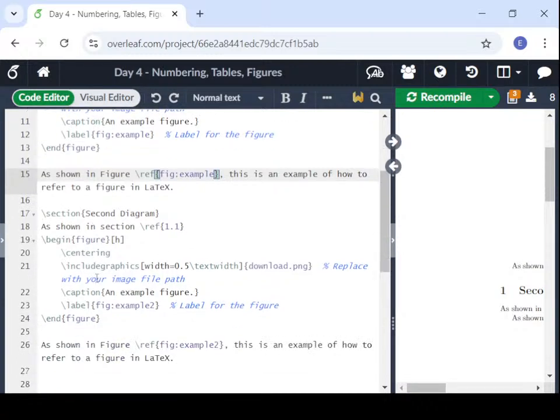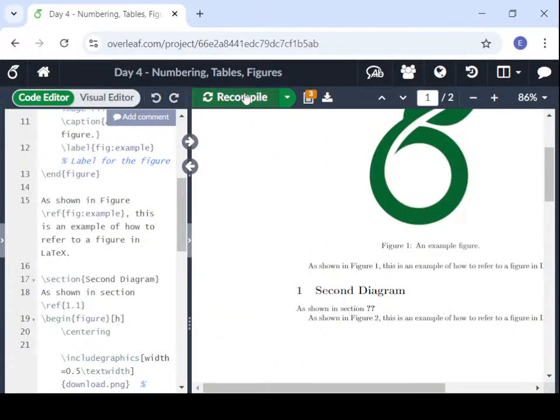See, similarly, I have drawn another diagram. I have given here as shown in figure, refer example 2, because I have given the label as example 2. So if I compile that, both will work. Right. So as shown in figure 1, as shown in figure 2. Okay. So if you are numbering this figure according to your chapter numbers, that number will automatically get updated,